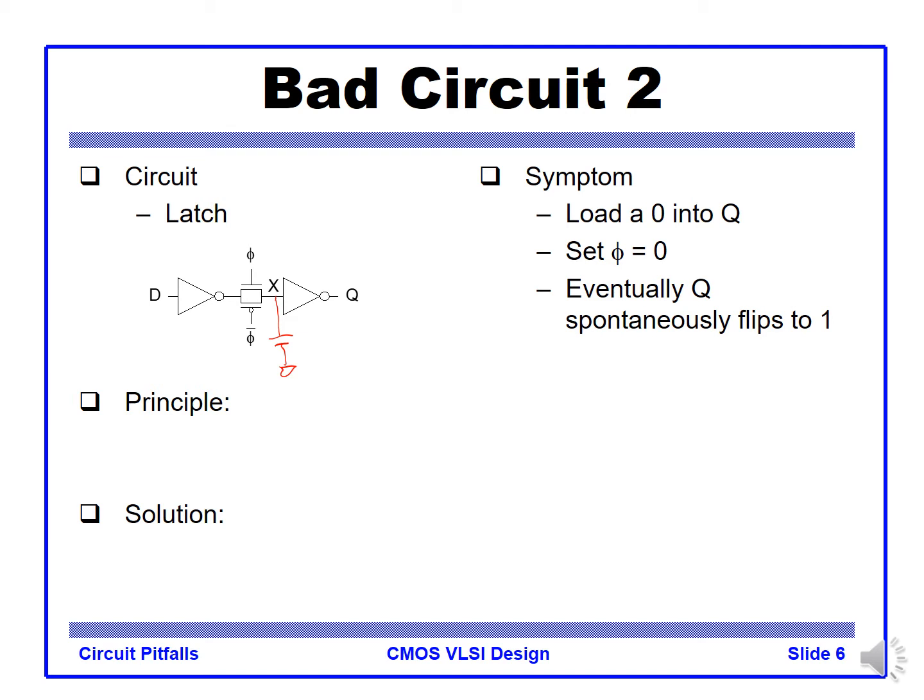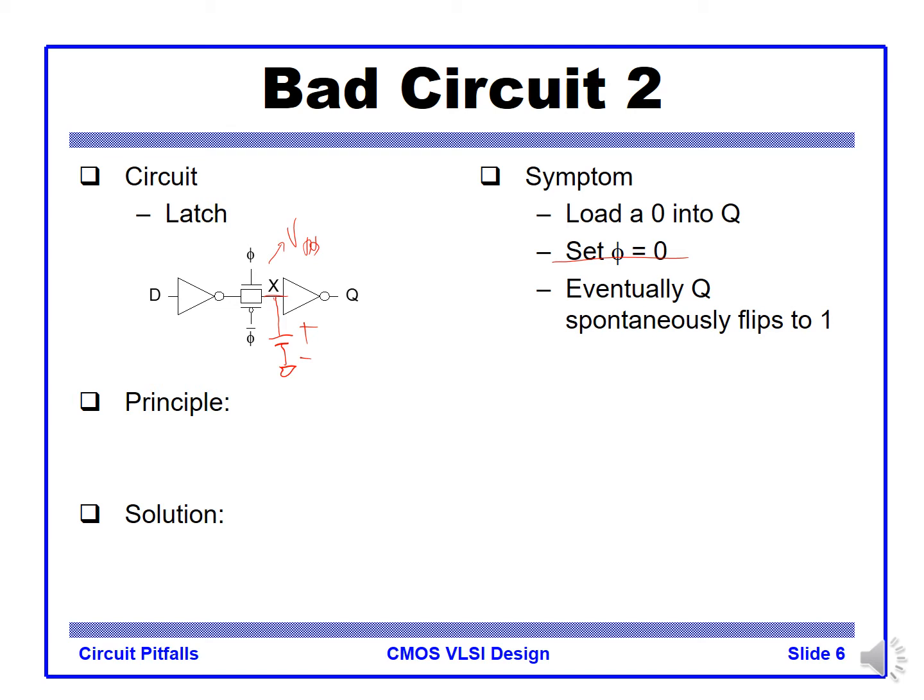You want to load A onto Q so that X is VDD. So you set phi to 0, so this transmission gate is off, but then the value stored on the parasitic capacitance, the VDD, is supposed to be held high,